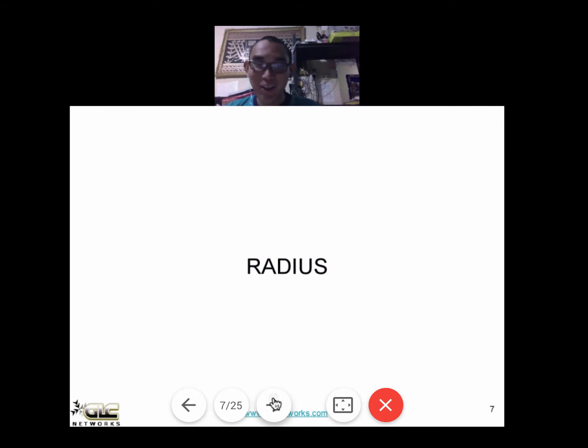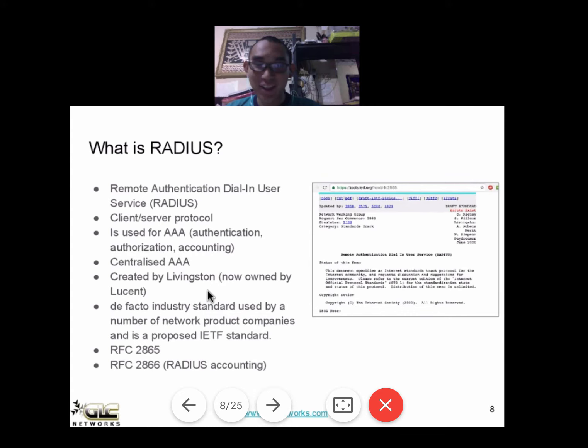Let's talk about RADIUS. So what is RADIUS? RADIUS is Remote Authentication Dial-In User Service. It's a long acronym. It's a protocol, and the architecture is client-server, so it's not peer-to-peer. It is used for AAA. What is AAA? It's authentication, authorization, accounting. It was created by Livingston, now owned by Lucent. It's the de facto